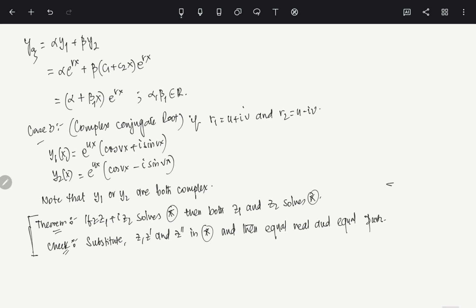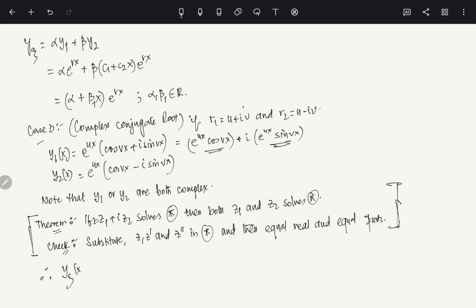So, I am going to use this theorem here. What I have said is this is z, which is z1 plus iz2, if it solves the equation. So, here if you see properly, it is e power ux cosine vx plus I times e power ux sine vx, and similarly here also the same sort of thing happens, y2 with a minus sign. Okay. So, since z equals z1 plus iz2, here z1 is this, z2 is this, both of them solve the equation. So, individually z1 and z2 solve the equation, and they are real, right. So, therefore